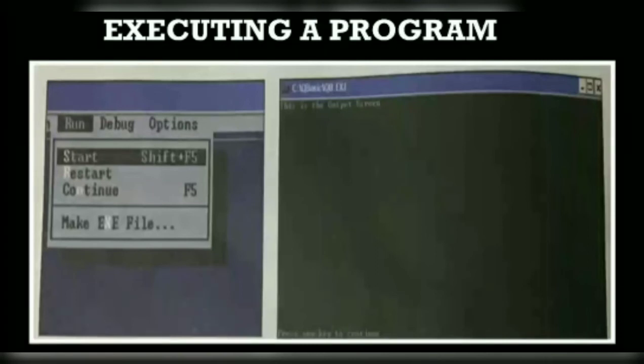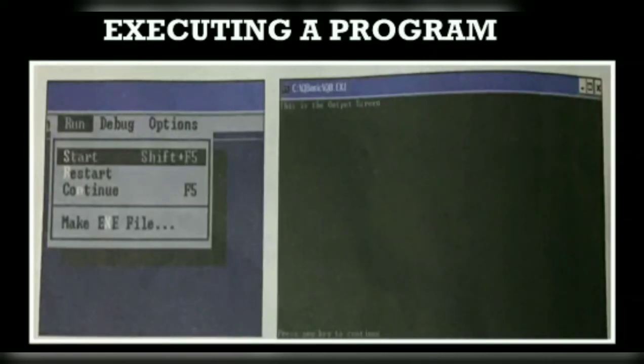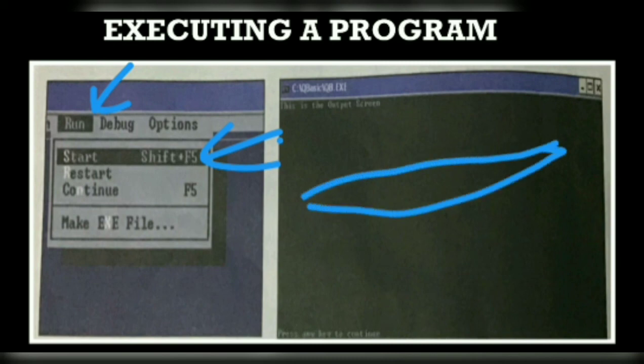If you want to execute or run your program, then you have to click on the run option in the menu bar. When you click on run, a list will appear. Then you have to click on the start option. Then your program's output will be displayed in this black color window. This is the output window. It displays your output.